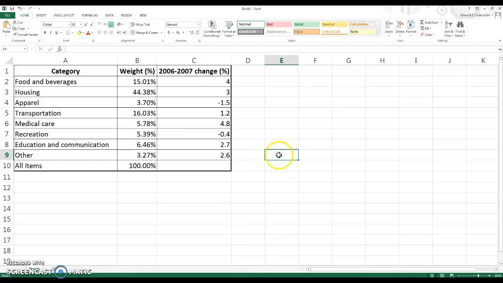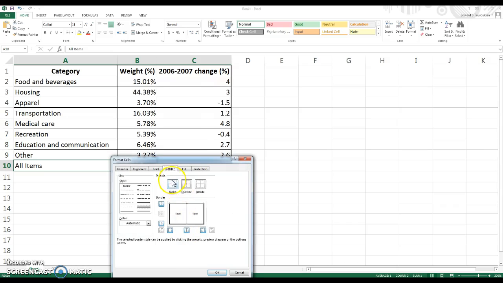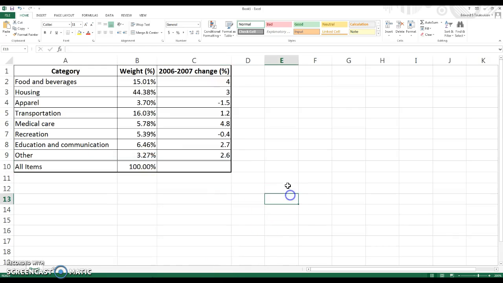Okay. They also have a double line down here. You can see the double line on the PDF. So we're going to reformat and put a double line. This time it's on the top. Because here's where the little box is. Here's the box here. This is the top. That's the top. Okay, so that looks pretty good.